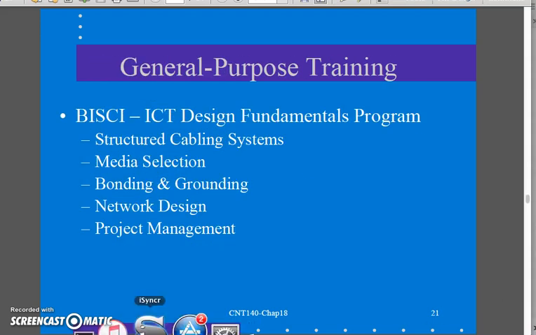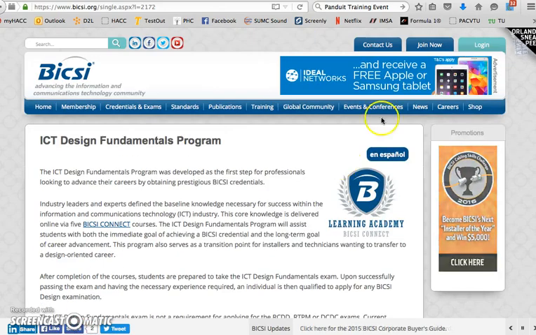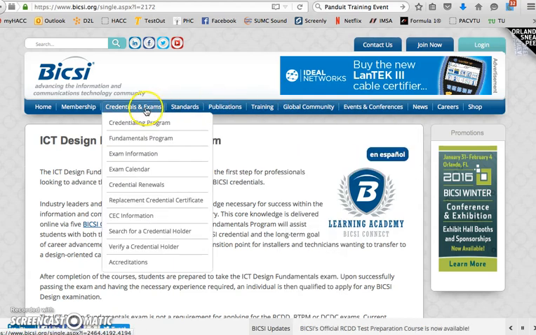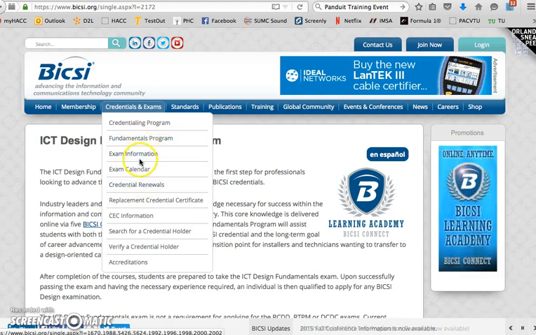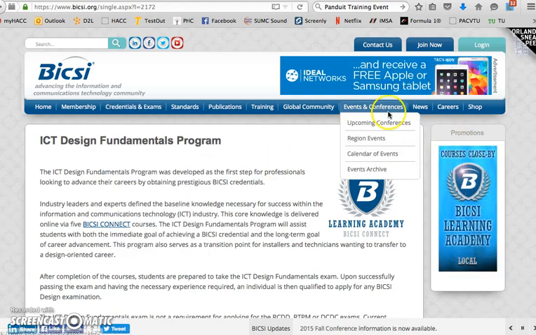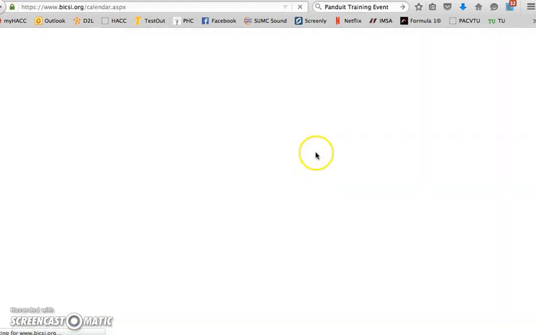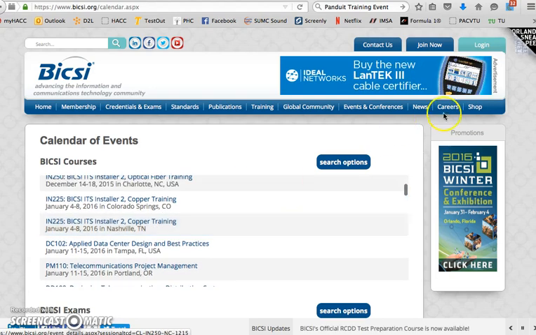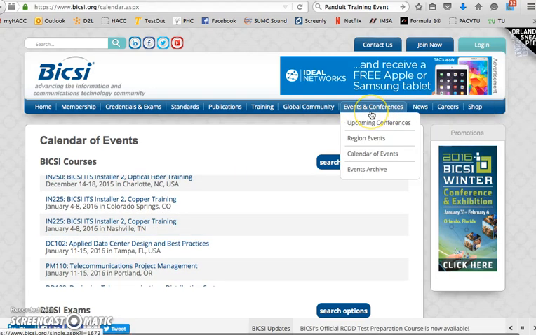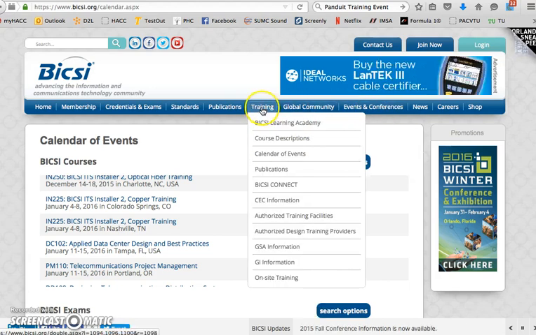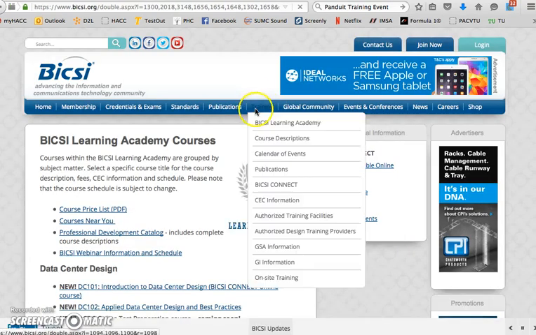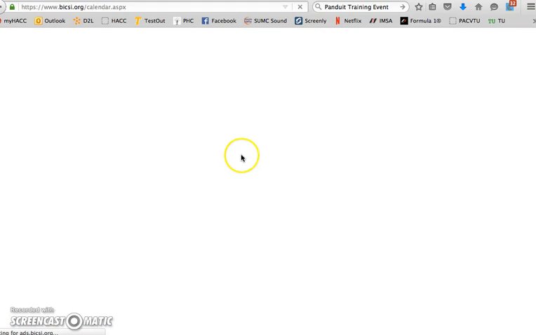Now, one thing you need to recognize here real quick, let me pull up where they have it under their, under here, let's go to, where do they have that? I think it's under upcoming calendar events. We'll go that way. Where do they have that? I was going to look up their training. Maybe it's under here as course descriptions. Actually, it's under training. That's where it is. Training under calendar events. That's the one I'm looking for.